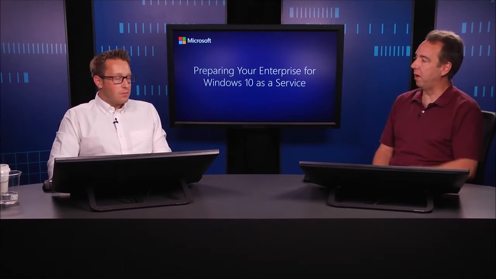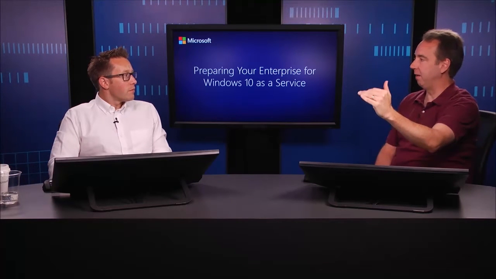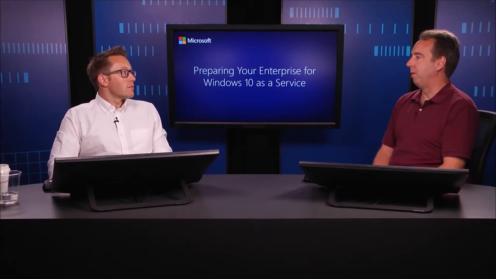And certainly prioritizing the list of applications by most critical to least critical, and working your way down the list to the point where you hit satisfaction is a great approach to take, because we've worked with organizations that were trying out the previews for Windows 10, and of course we tell them, oh no, you don't need to test everything, but a lot of them will anyway. So we've talked with organizations that had 3,000 apps. They tested every single one of them. 3 of them were broken. That's a pretty good ratio.